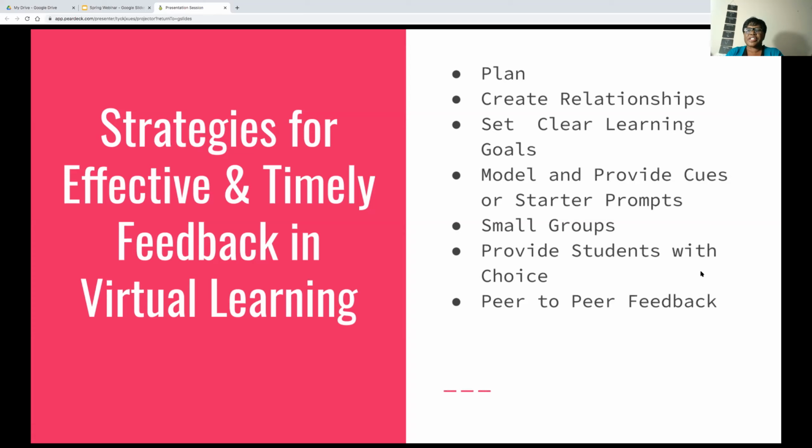You can differentiate the instruction in a way that you can have students working on adaptive learning resources, while you have a group that is working, and you can actually do the feedback in real time with them. Because if you have 30 students, it's not practical to be able to give real-time feedback to all the students in a day when you have 90 minutes.